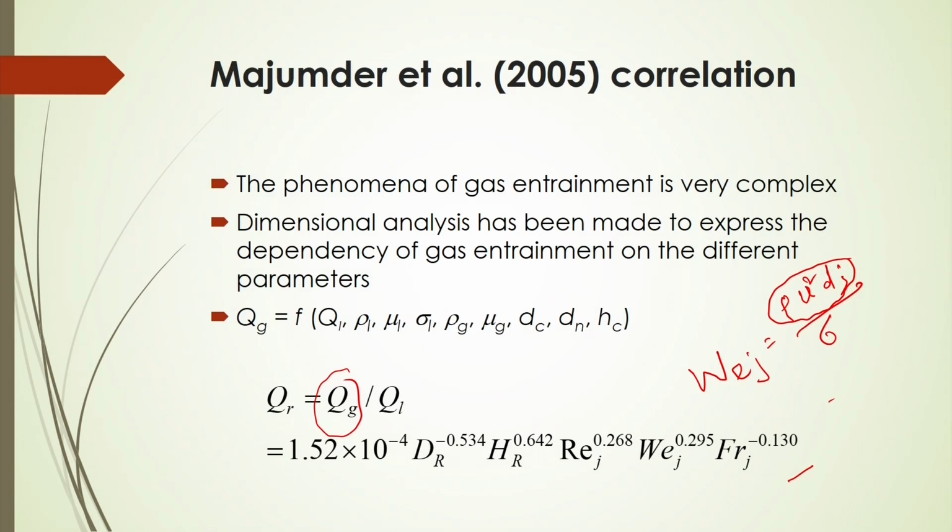If you are considering a constant jet velocity and liquid velocity, and the jet diameter is controlled, then if you are adding some surfactant there, the surface tension will be less. Then you can have more finer, more stable bubbles. A swarm of bubbles will be produced, the population of bubbles will be more, and gas entrainment will be more.